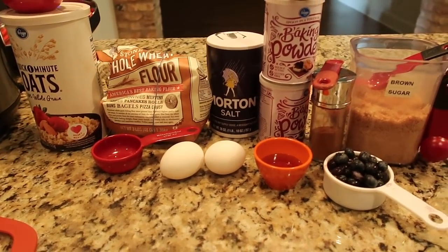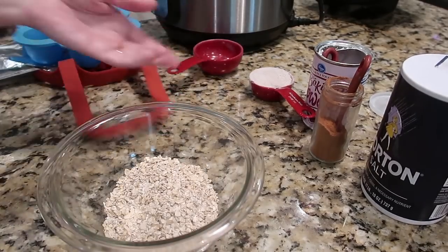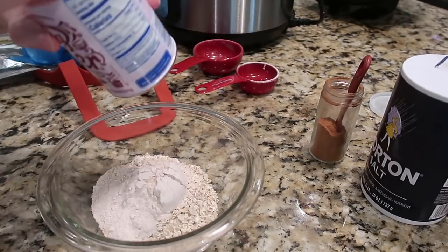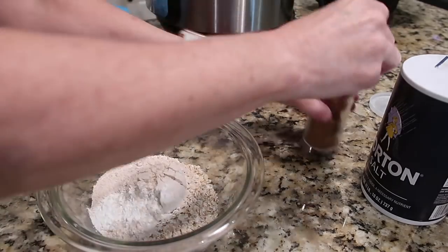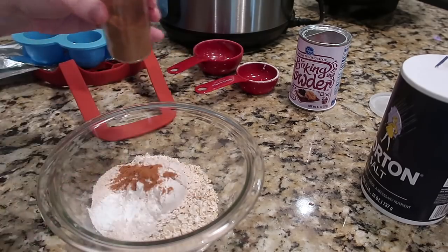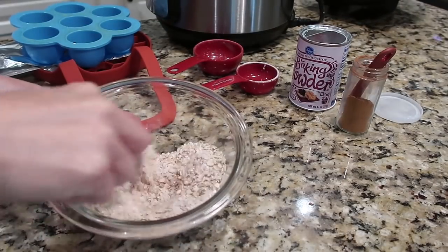So I got busy and started mixing up the ingredients. First thing was to mix all the dry ingredients. Since I only have one mold, I did cut this recipe in half, so I used a half a cup of quick cook oats, the wheat flour, some baking powder, some cinnamon and salt, got the dry ingredients mixed up,